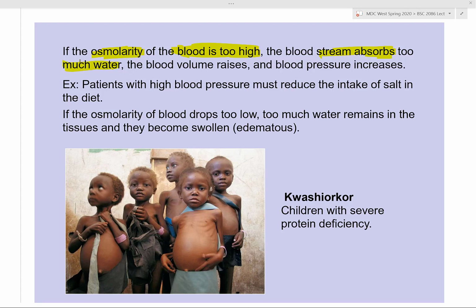So in patients that have high blood pressure, the blood pressure that we're talking about is what? High blood plasma pressure, right? Which is the hydrostatic pressure. Are you guys following? So the plasma is the water, right? So we call that pressure hydrostatic pressure. When a patient has high blood pressure, the hydrostatic pressure increases, and that is going to push the plasma or the blood into the actual what?